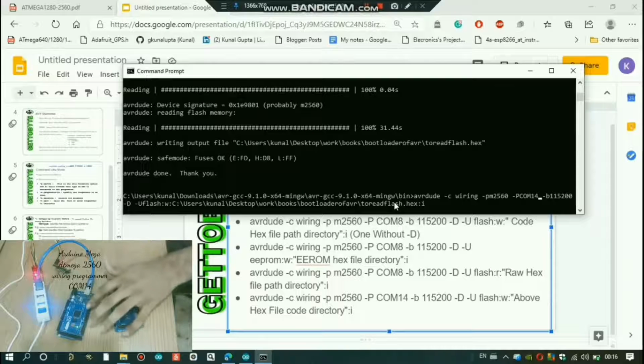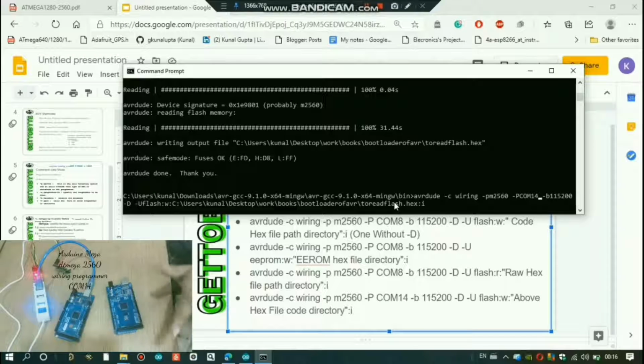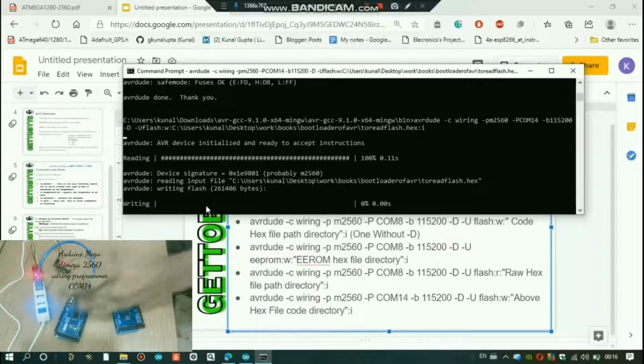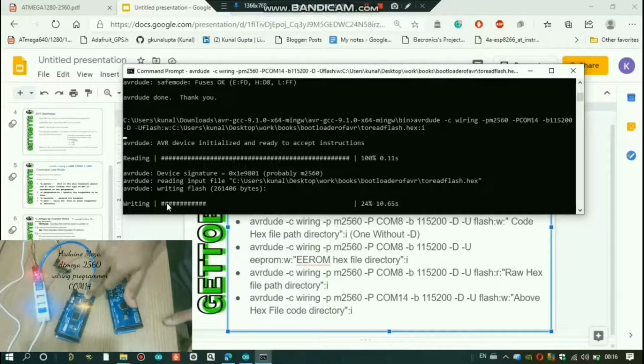So now I'm going to copy the code to this other microcontroller directly, without knowing its source code. Okay, now press enter. Now it's writing. Now you can see here its LEDs are blinking like this. So it's writing. Just wait 30 to 35 seconds. So that's how you can see things.